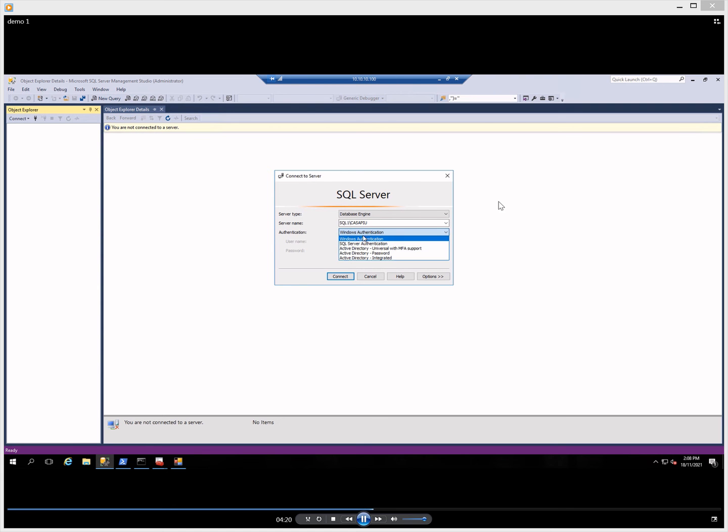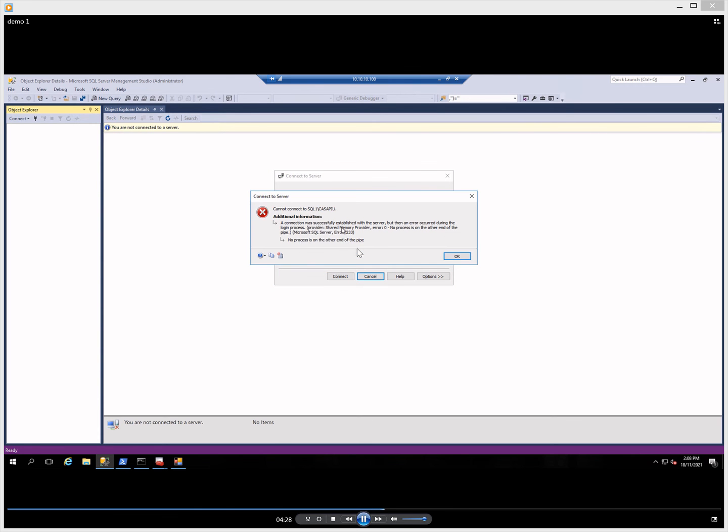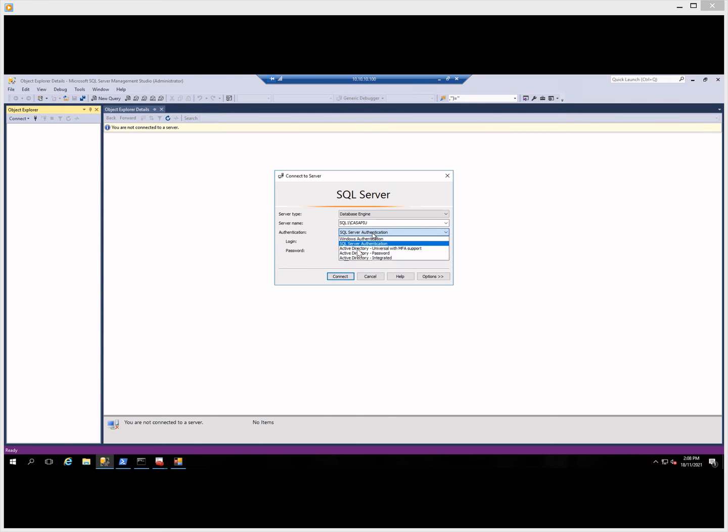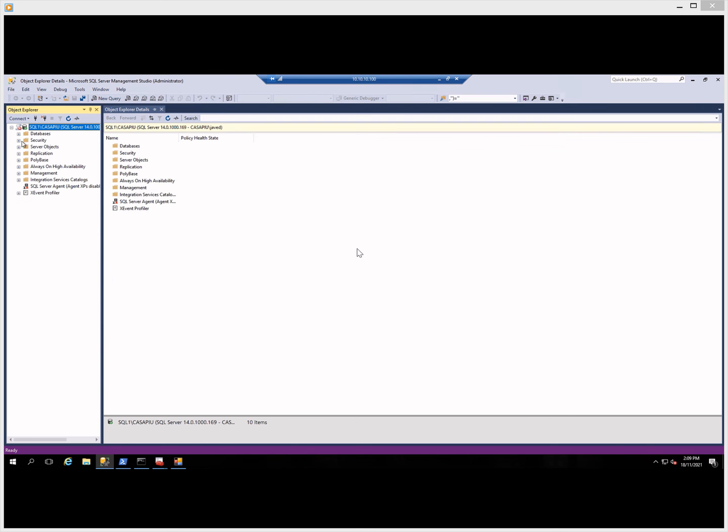If I try to log in with the low privileges SQL Server account that exists in this SQL Server, it will not log in, because we need the account which has administrative rights. So this is my Windows domain account, and this is the administrative account.